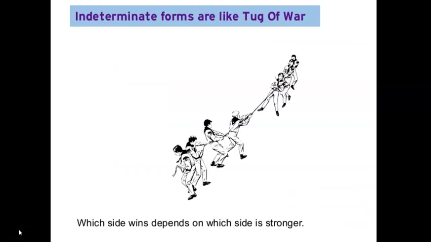All right, so I found this graphic on the internet a few years ago. And I think it's an interesting illustration of L'Hopital's rule. It says indeterminate forms are like tug of war. Which side wins depends on which side is stronger. And this goes back to that idea that if I have the limit,